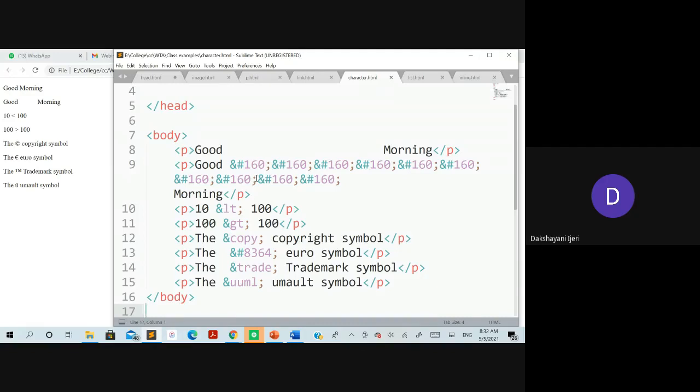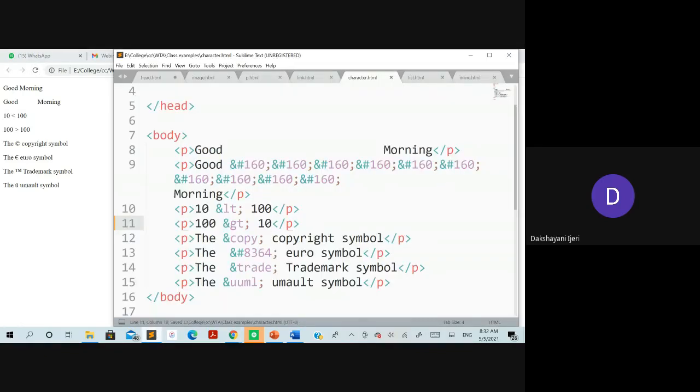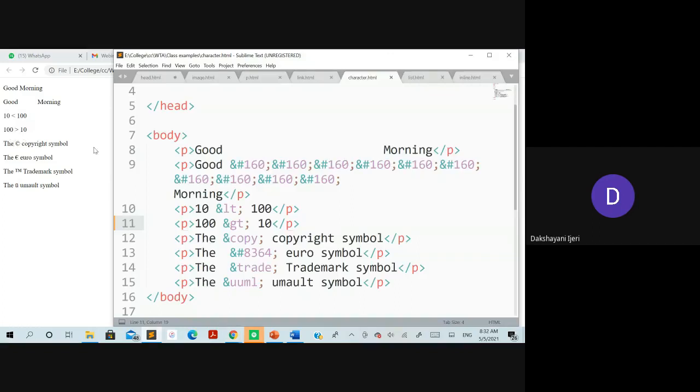Okay. So similarly, if you want to use the less than symbol as a part of the text, you are supposed to use this character entity. 10 less than 100, and similarly 100 greater than 10, right?